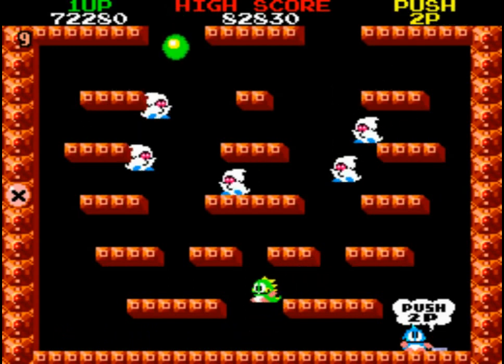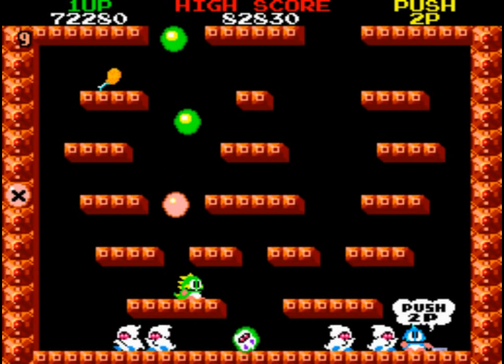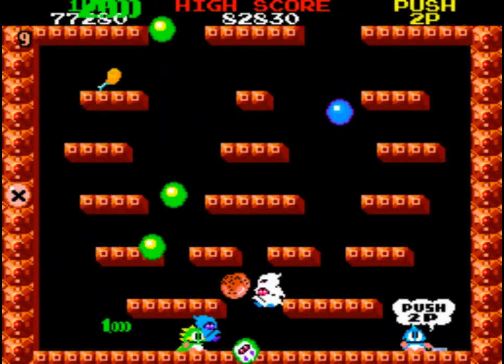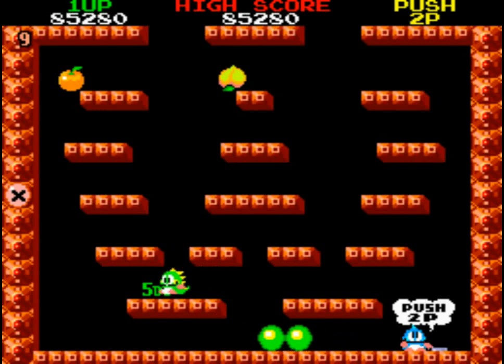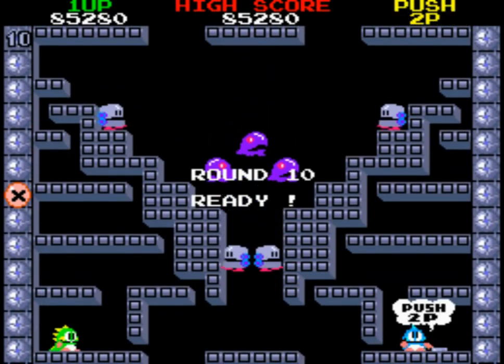Alright. Okay, so these white wizards, these guys are all show, you know? That's what I've decided. They think they know what's up, but they don't know what's up. Because look at that. You ain't got nothing on this Bubble Bobble, son. That guy turned into like a butt pair up there. Look at this. It's like a butt. Oh, it's gone. Alright. Now we've got...